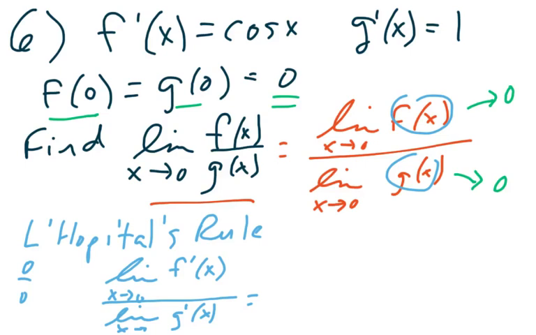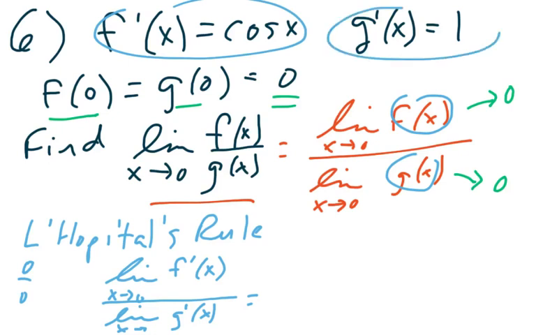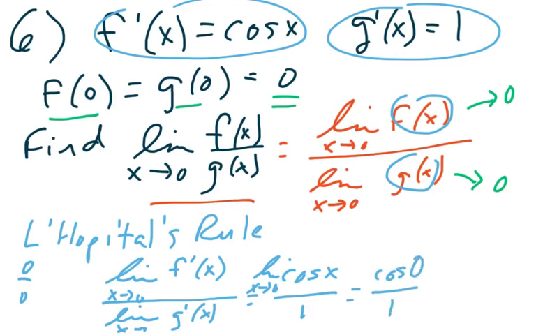Well, what do you know? That's the information that we were given at the beginning of the problem. So if I were to plug in 0 to f prime of x, I'm not plugging in 0 yet, but f prime of x is cosine of x, and g prime of x is 1. So if I evaluate the limit as x approaches 0, that means this is going to be cosine of 0 that I have to evaluate